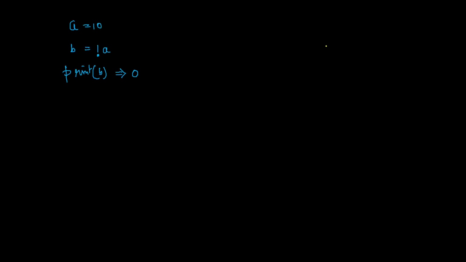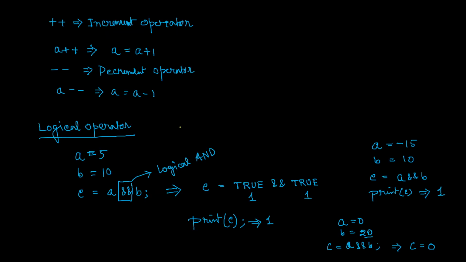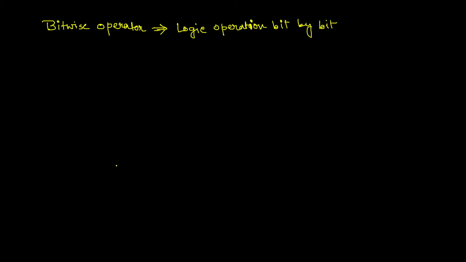in the previous case we have seen that if we have a situation a equal to 5, b equal to 10, and then if we apply it like this, I told you that you don't need to look at the values 5 and 10, rather you have to see whether they are 0 or non-zero as a whole. But this is not true for a bitwise operation. That means if I write the same thing, a equal to 5 and b equal to 10,